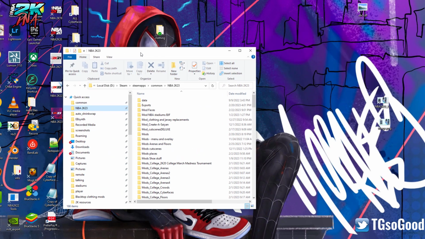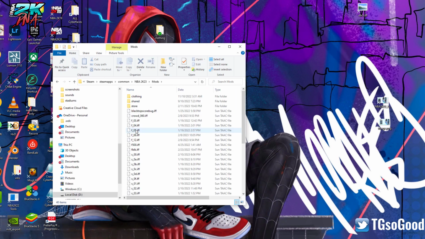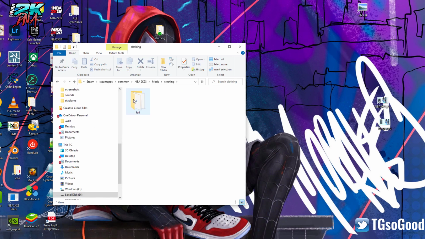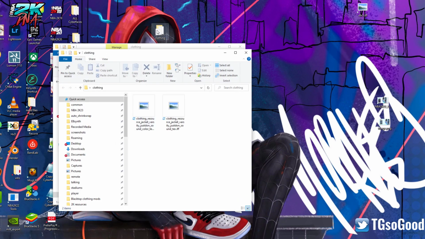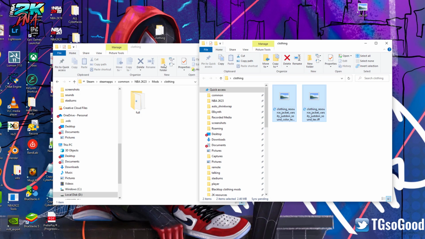I've got my 2K23 stuff right here. I've got a mods folder. I already have a clothing folder created. Okay. So when we look at his clothing folder, I just double clicked on his. He has 2 textures, 2 little texture files. Okay. So eventually we're gonna